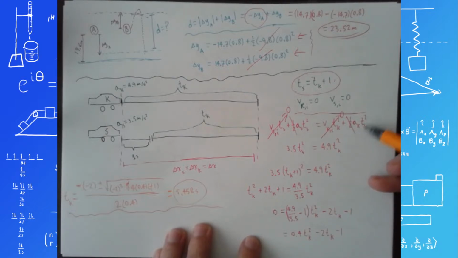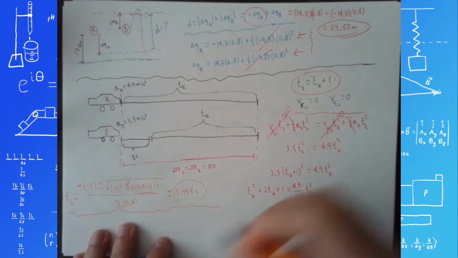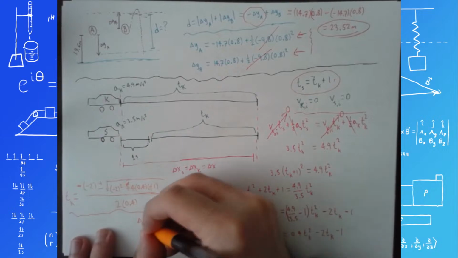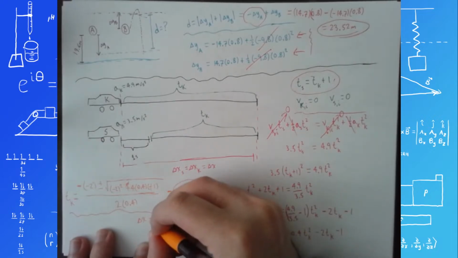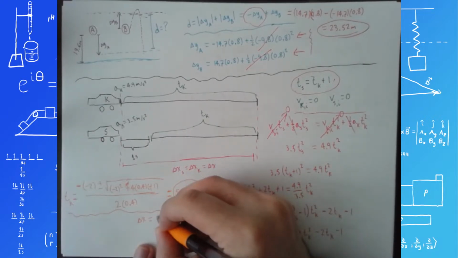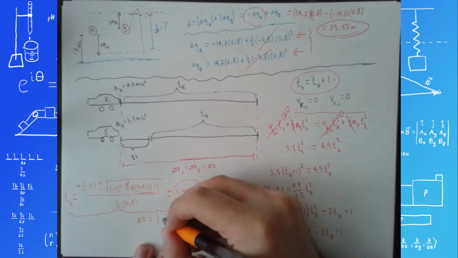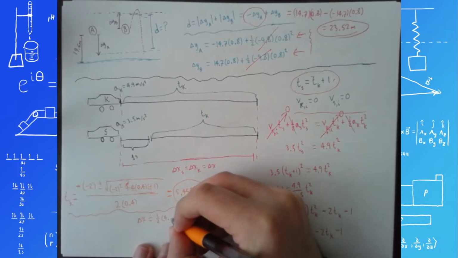I think I'll just use Kathy's version so that I don't have to do the plus 1 second. So Kathy's delta x was v Kathy initial times t Kathy, that's a 0, plus 1/2 her acceleration times her time squared. So delta x is going to equal just 1/2 times 4.9